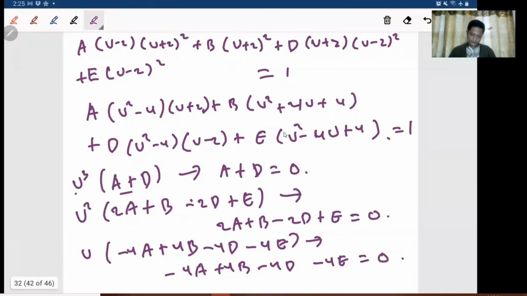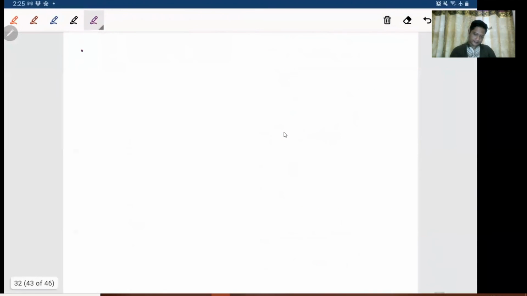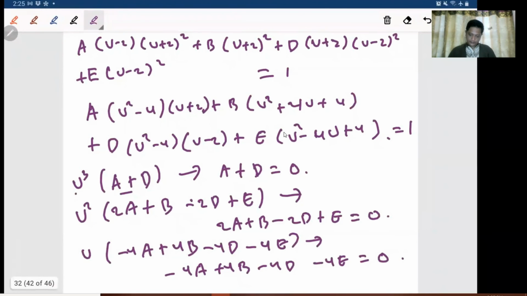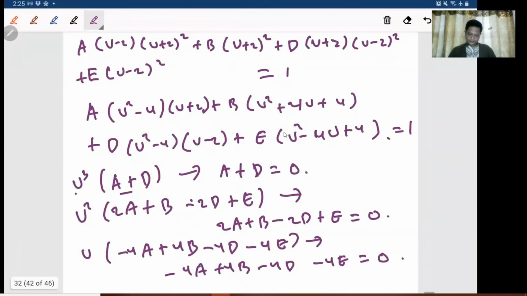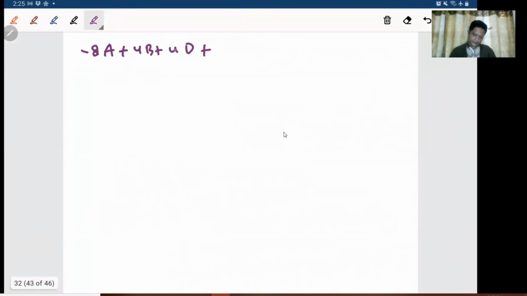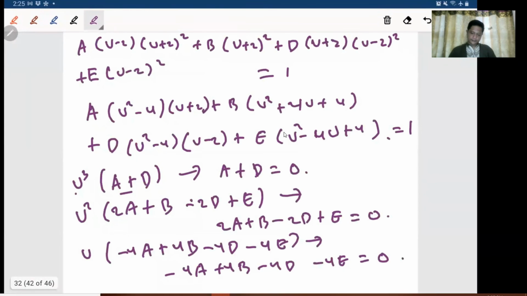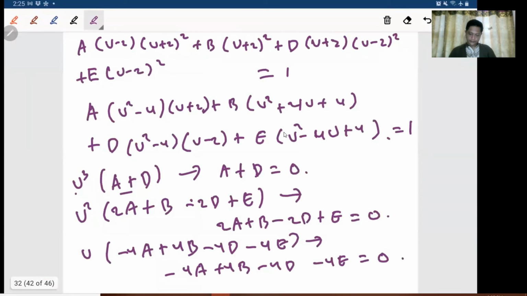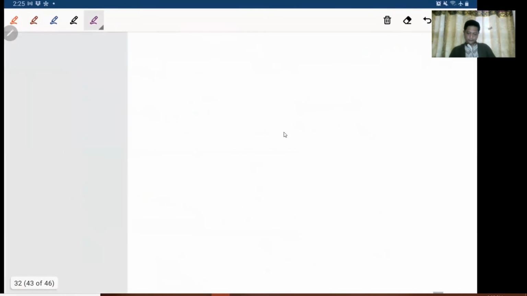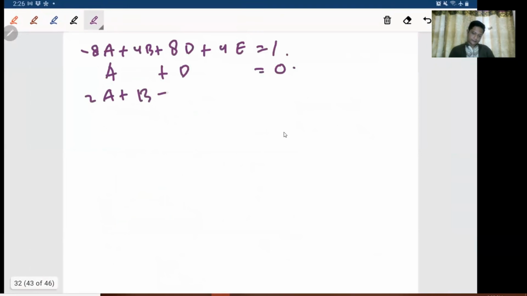So the last one we have minus 4 times 2, minus 8a, and 4b plus 4d, plus 8b plus 4e, 8d plus 4e is equal to 1. So, okay, a plus d equal to 0. What again? 2a plus b minus 2d